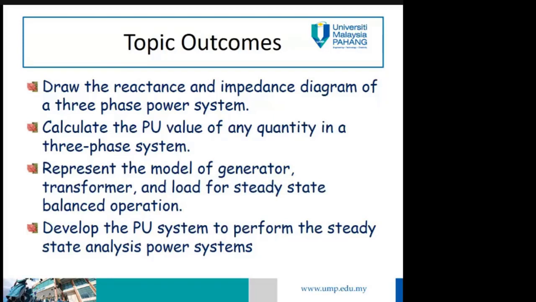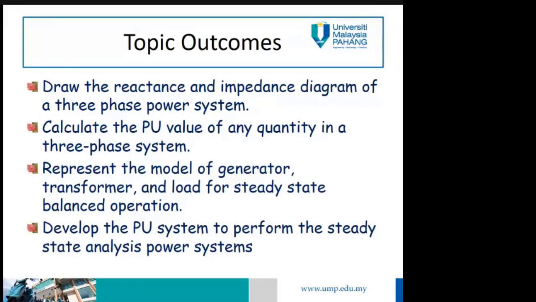calculate the per unit (PU) value of any quantity in the three-phase system, represent the model of generators, transformers, transmission lines, loads, motors, and so on by using the impedance diagram. Okay, and then we develop the per unit system to perform the steady state analysis. So basically, in this chapter, we will learn how to analyze or how to calculate current, power, voltage in the power